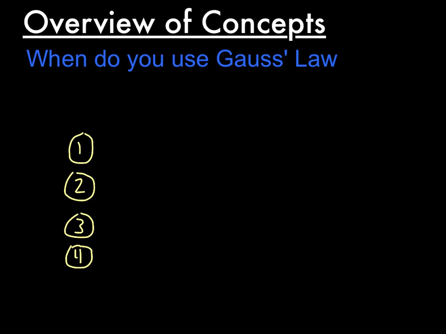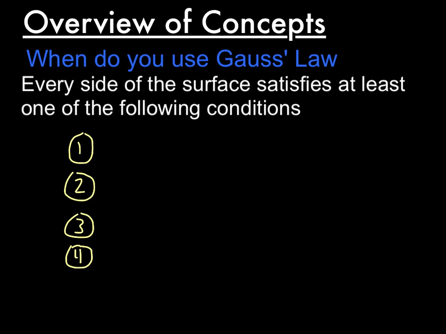So when do you use this? When would this actually be helpful? In order to use this, every side of your surface must satisfy one of the following conditions. The first one that we're going to look at is that E, the electric field over the surface, is just some constant